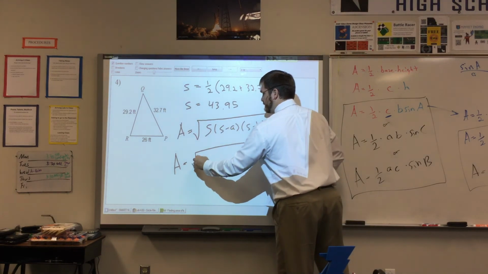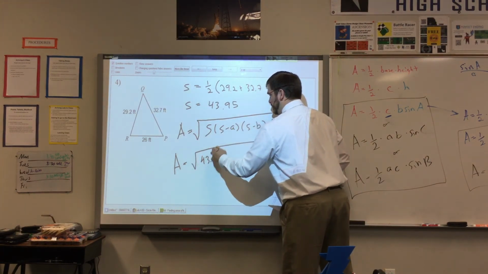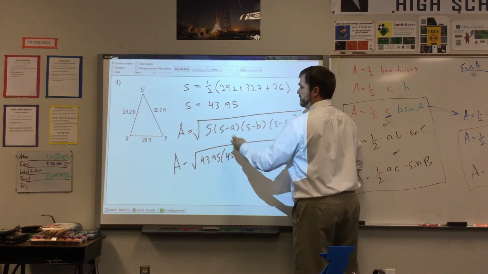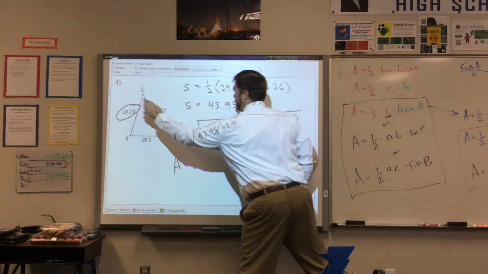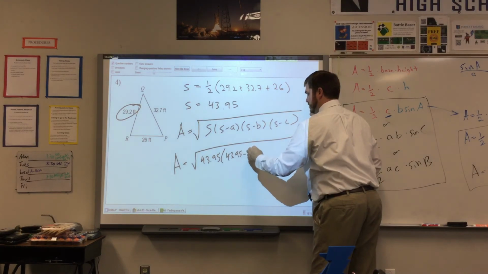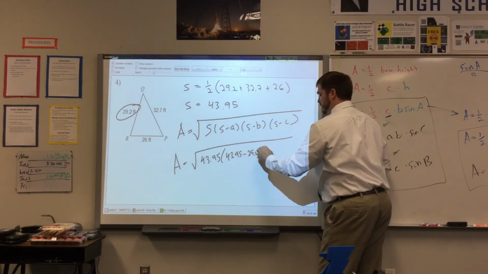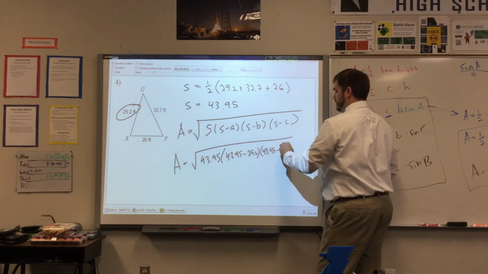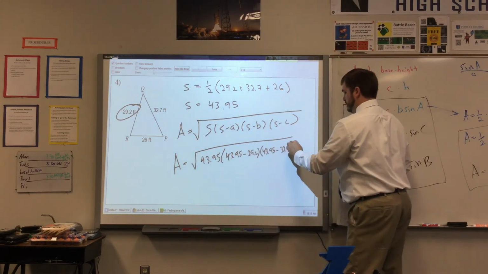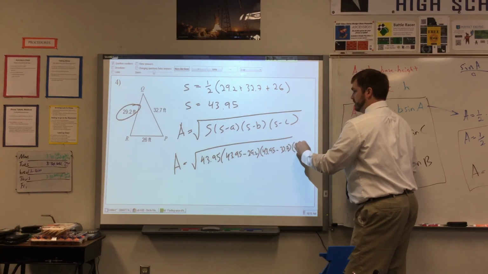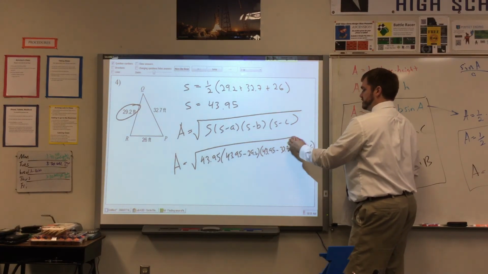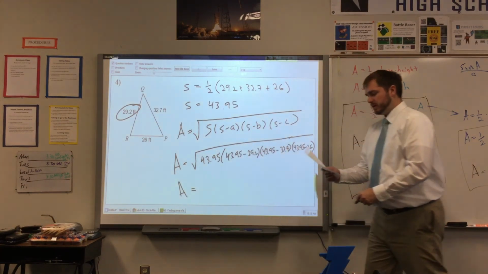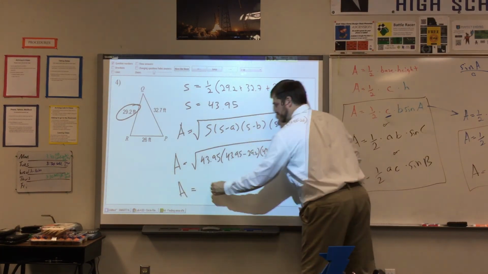So here you go. You should have 43.95 and 43.95 minus 29.2, and 43.95 minus the other side. A is approximately equal to